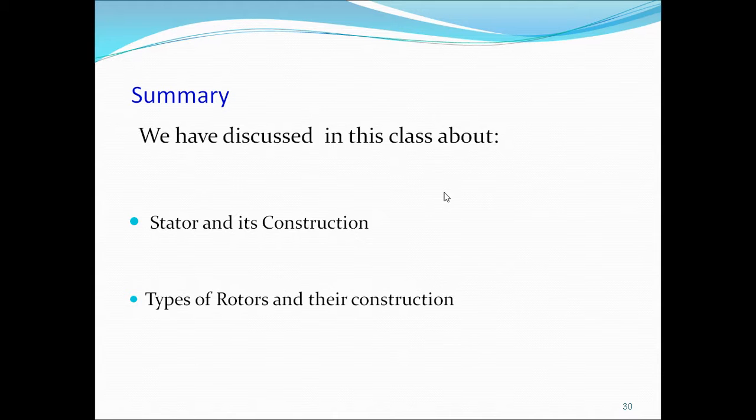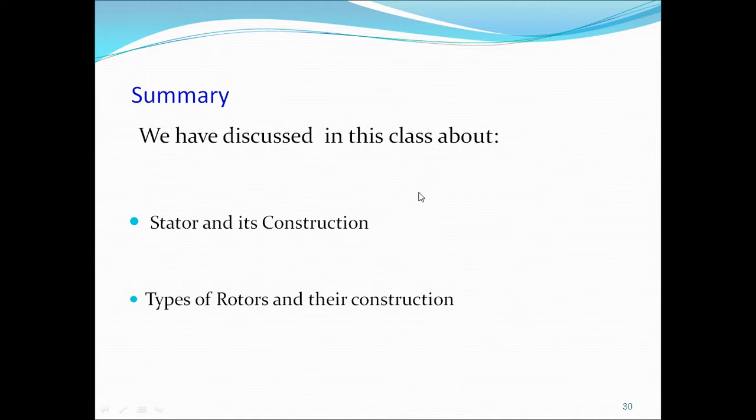Next one is the stator core. The stator core is a laminated armature core and it contains slots on the inner periphery where we place the stator winding. Why is it laminated? To reduce the eddy current losses. It also contains some cooling system. Where are the stator windings placed? The stator windings are placed on the stator core.